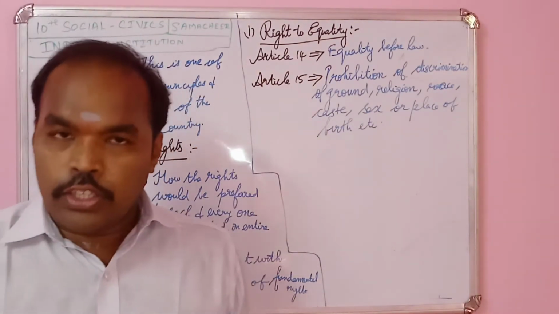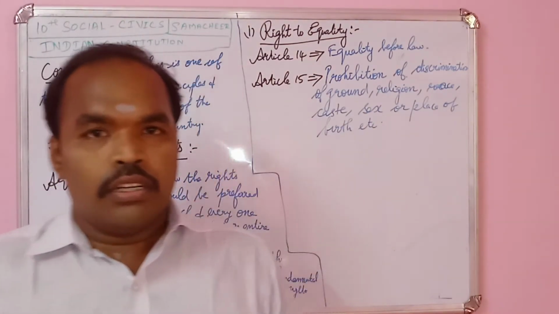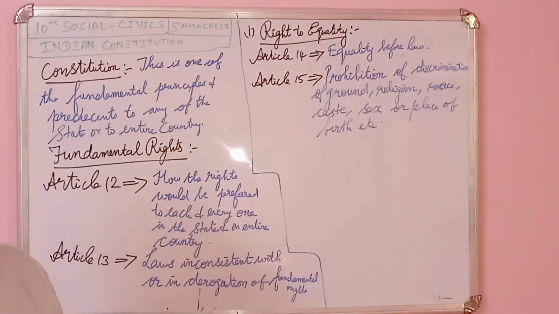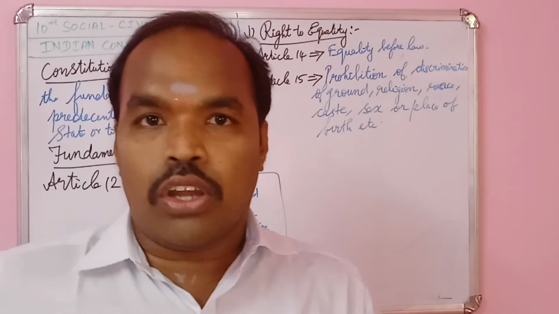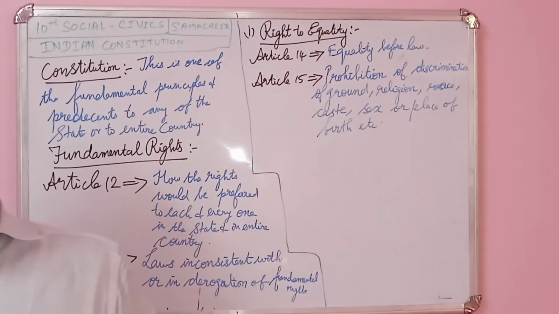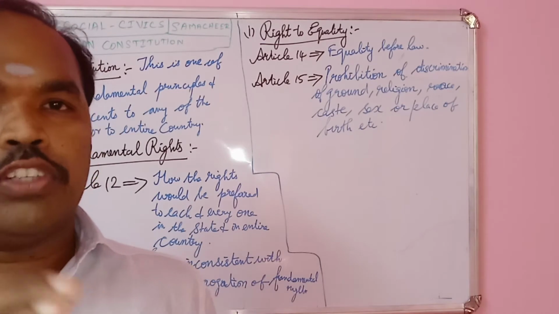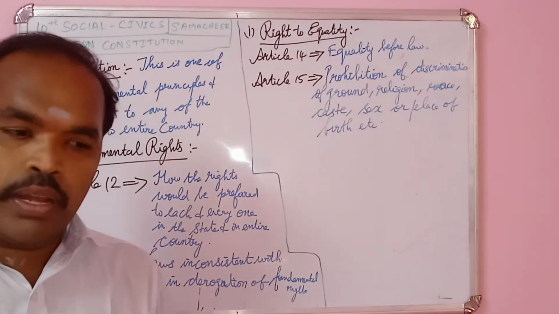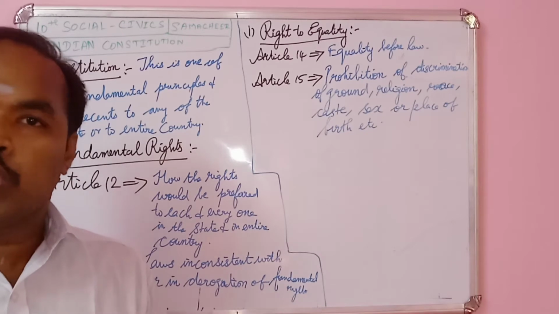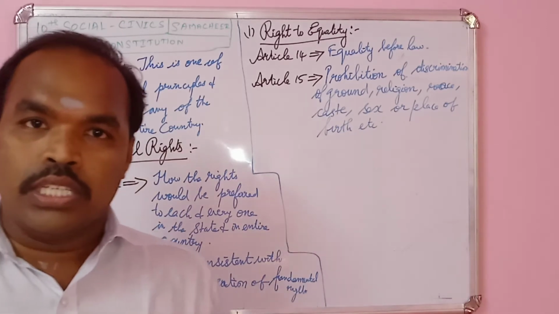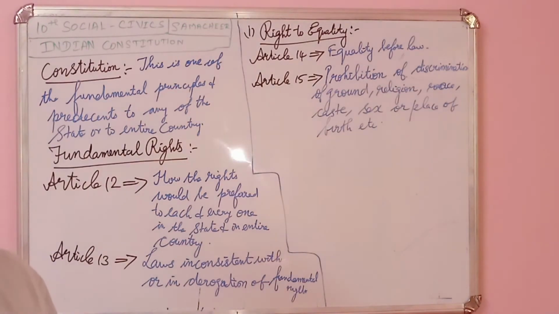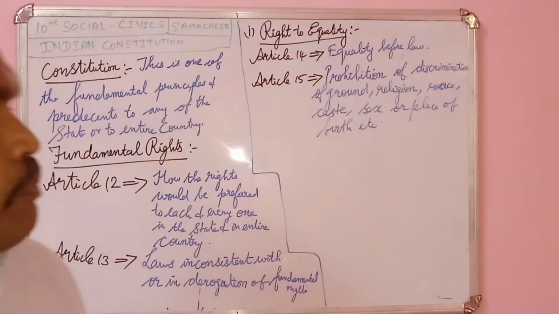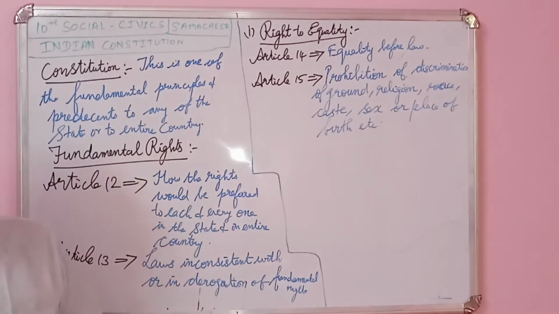Caste, from a job perspective or in school admission, wherever we go for admission or anywhere else, we should not see the caste at all. As per talent, we need to do it. That is why caste has been prohibited. And place of birth: entrance only for town people, not applicable to rural people, or entrance exams only for city students, that type of rule has not been set. So this is what Article 15 is about.